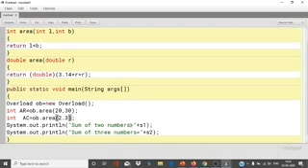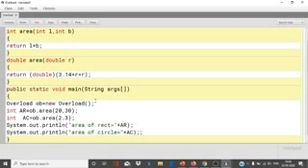Now print area of rectangle AR, area of circle AC.